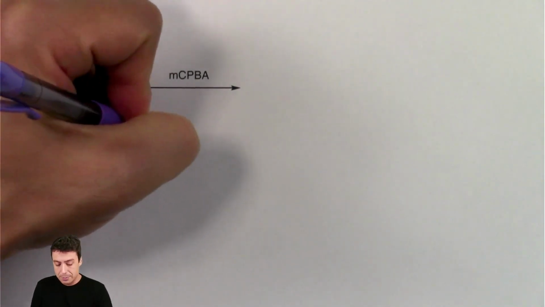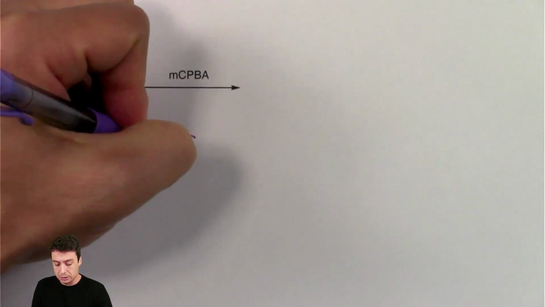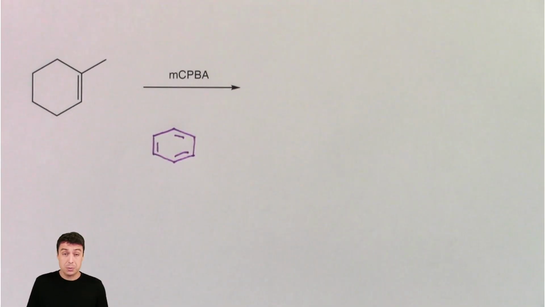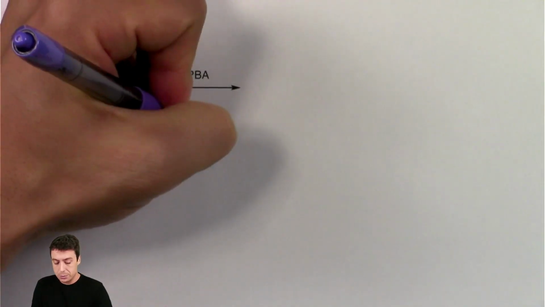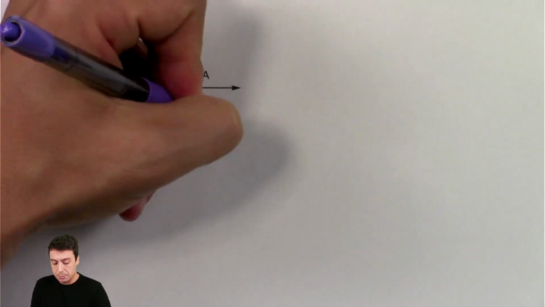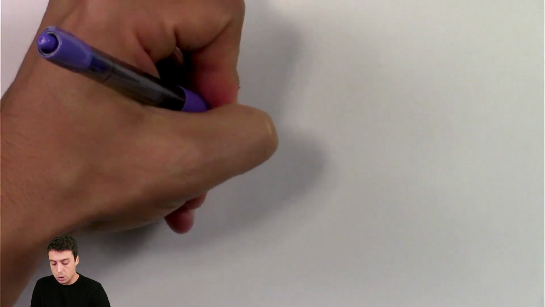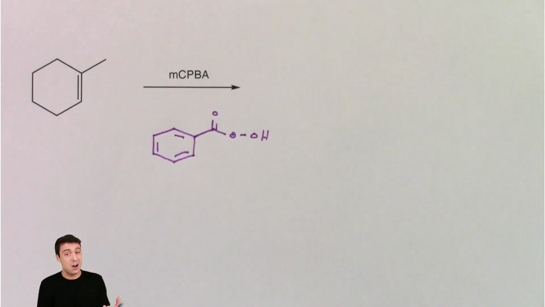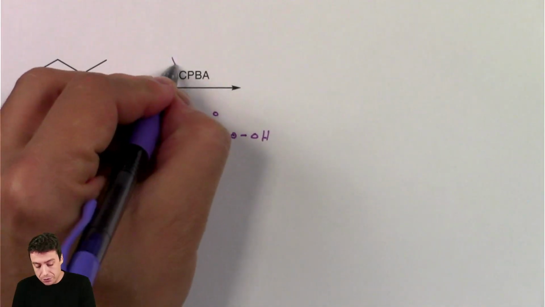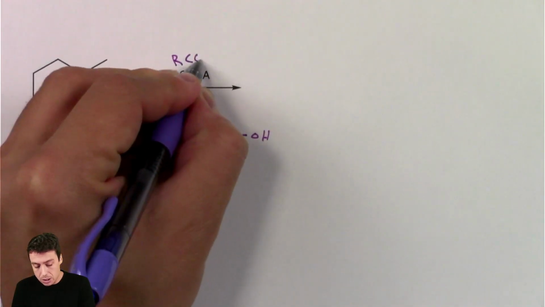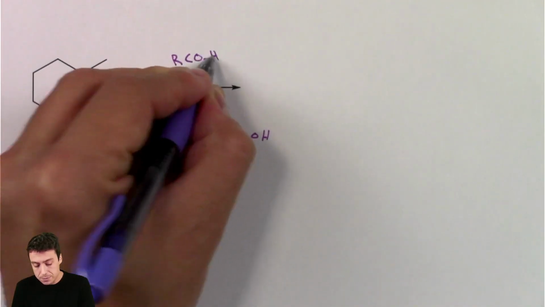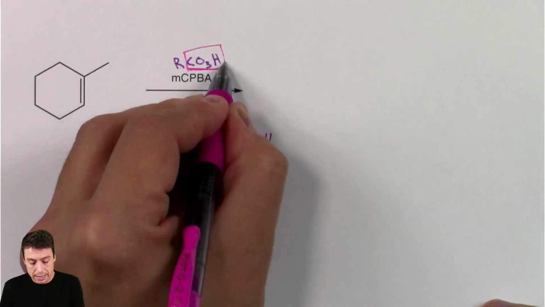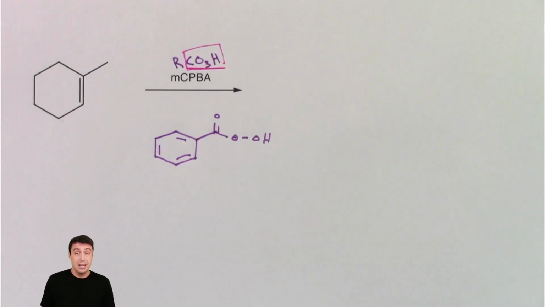MCPBA, if I'm going to draw this out just to show you what it looks like, because if you see the formula, it definitely helps to visualize what's going on. So the idea is we have this double bond to oxygen, OOH. So it looks like a carboxylic acid, but it has an extra oxygen in it. So anything of the form RCO3H, we call these a peroxy carboxylic acid, CO3H on the end, these all do the same